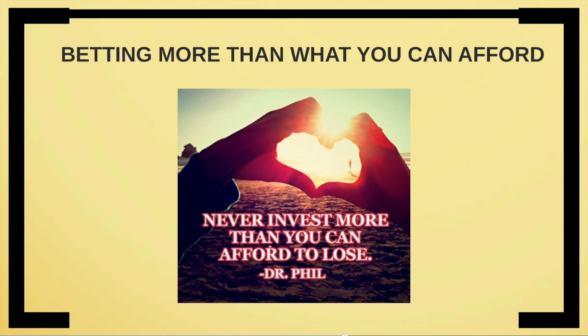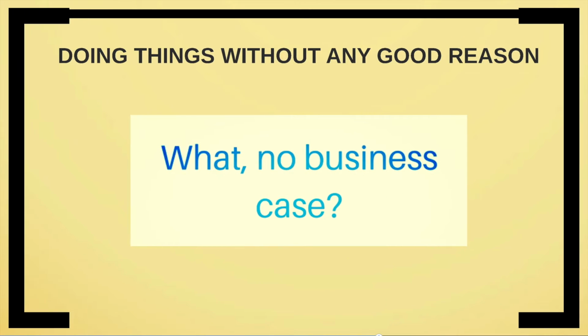Third is betting more than the organization can afford to lose, a disproportionate bet in relation to the expected reward. And the fourth is not having a robust enough business case. If somebody says, why did you do that? And the answer is, I thought it was a good idea. That's just not enough. We need to have a robust case. So if we say, look, those are the dumb mistakes, we need to avoid those. What's left over